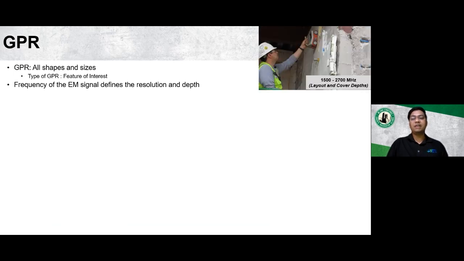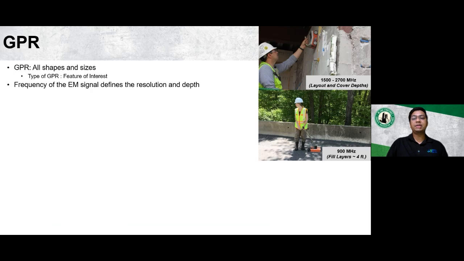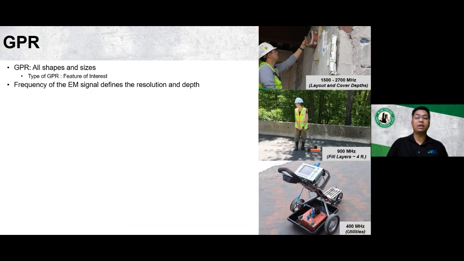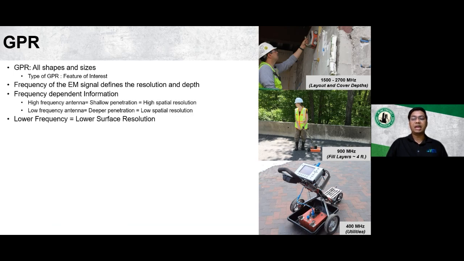For instance, high frequency GPRs are used to locate shallower features like concrete cover or reinforcing spacing, whereas low frequency GPRs are typically used for investigating fill layers or locating utilities. So typically high frequency antennas have shallower depth of penetration, but they have higher spatial resolution. And consequently, the low frequency antennas have greater depth of penetration, but they lose out on the resolution for small